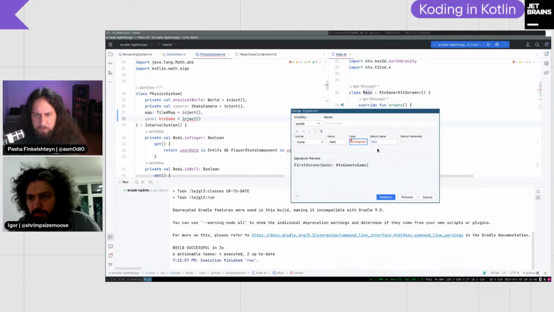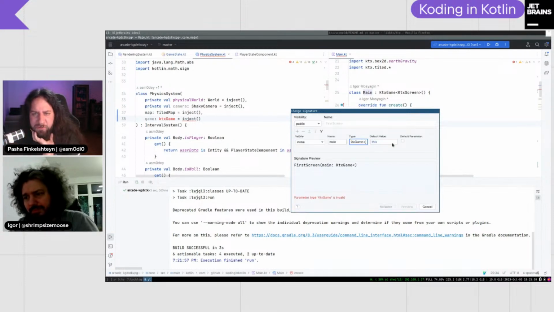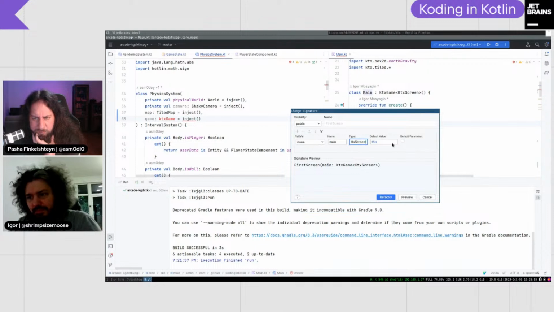Nice. And you should add triangle brackets to it and add KTX screen inside. KTX screen, yes.